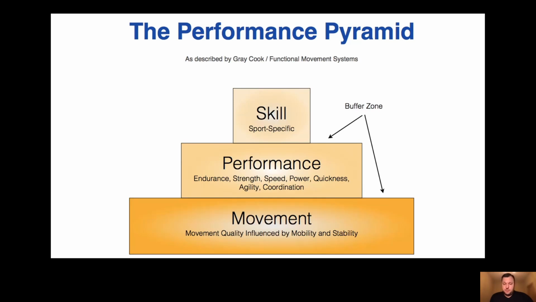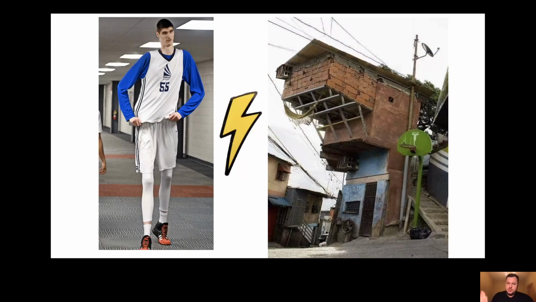So for example, if there is a pain in the knee during the squat, I think it's just a matter of time when it will appear on the court. So if the player cannot do the squat properly, do we need to improve vertical jump or work on power, agility, or quickness if there are limitations in basic movements? I think no, because if we do that, it's just a matter of time when the injury will appear. So as we see here, maybe the anthropometrics are very good, maybe very promising, but the body and the observational things are showing that,